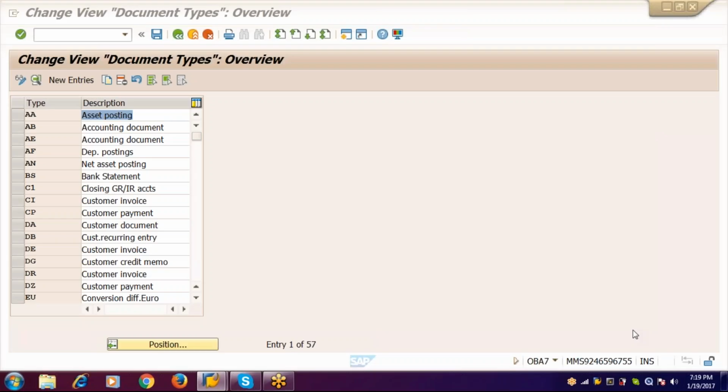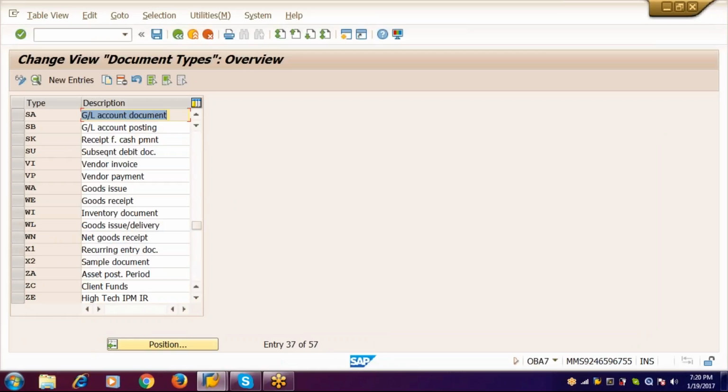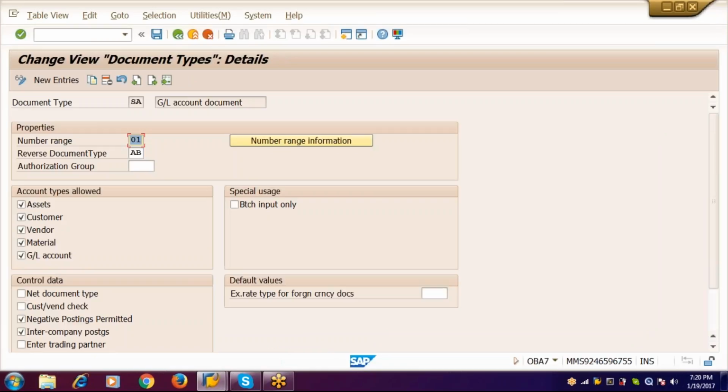Here we need to create the general ledger document type as an SCA and go for the position button from here, by using Shift plus F7 and double click on this SCA. See here, by using the SCA document type, we can post the transactions for assets, customers, materials, vendors, and GL